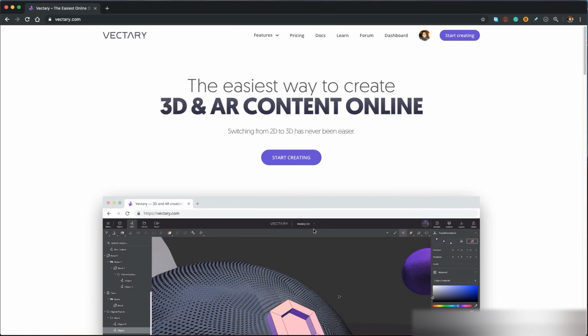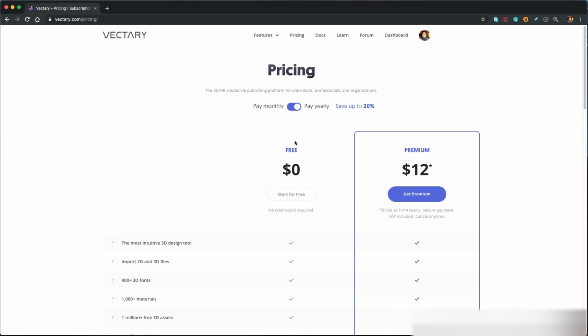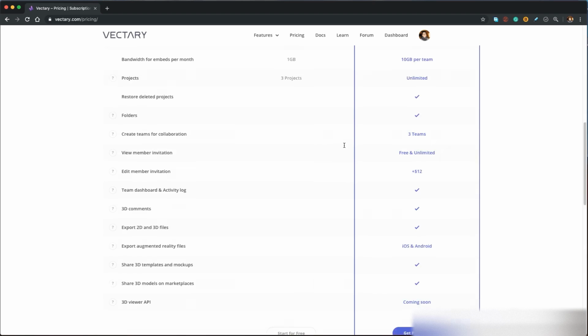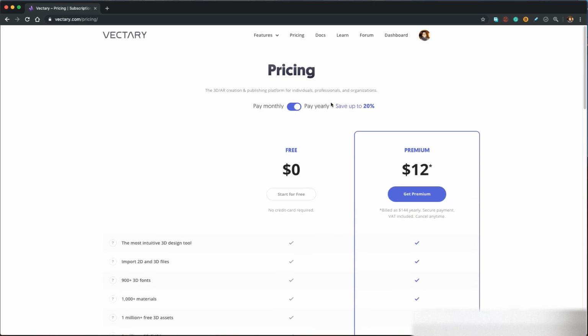There are two types of account. The first type is free. So if you go to pricing, you can see we have two types, free and premium. For this course, you can use the free account because we are going to focus on basics only. So make sure to create your account, and in the next